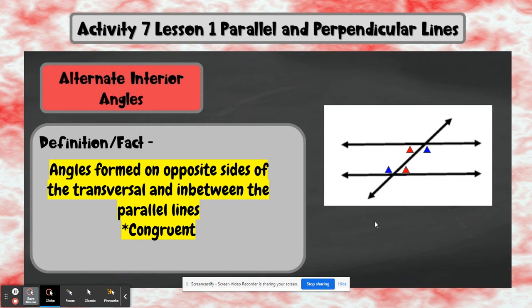So if we have same side and alternate interior, what type of angles do you think that we're going to look at next? Same side and alternate